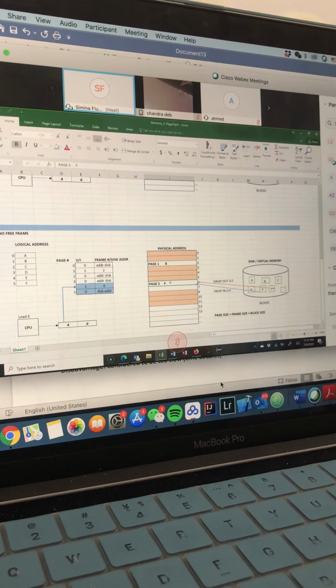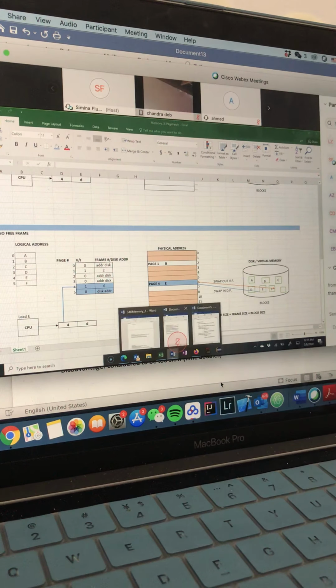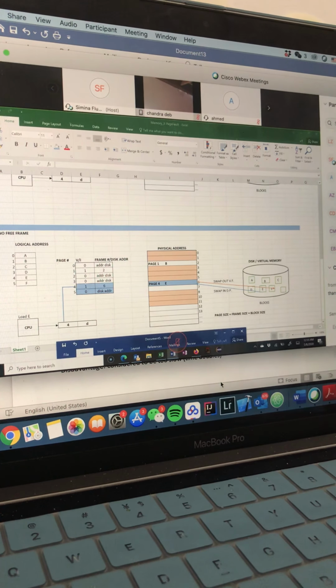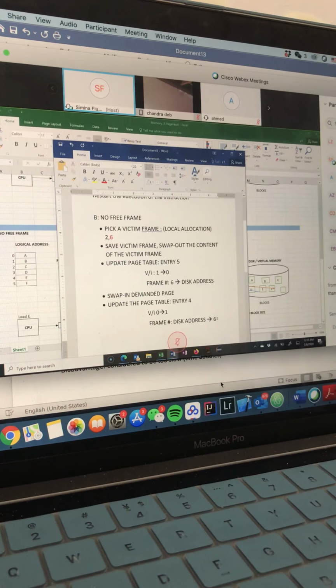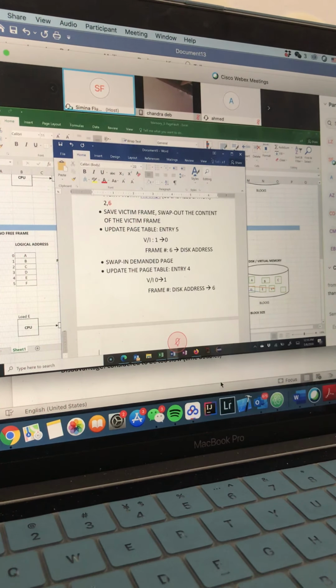So right here, at the very end, we're gonna have page 4 that is gonna contain E. This is the last step. So let me write in here, the next step will be restart the execution.